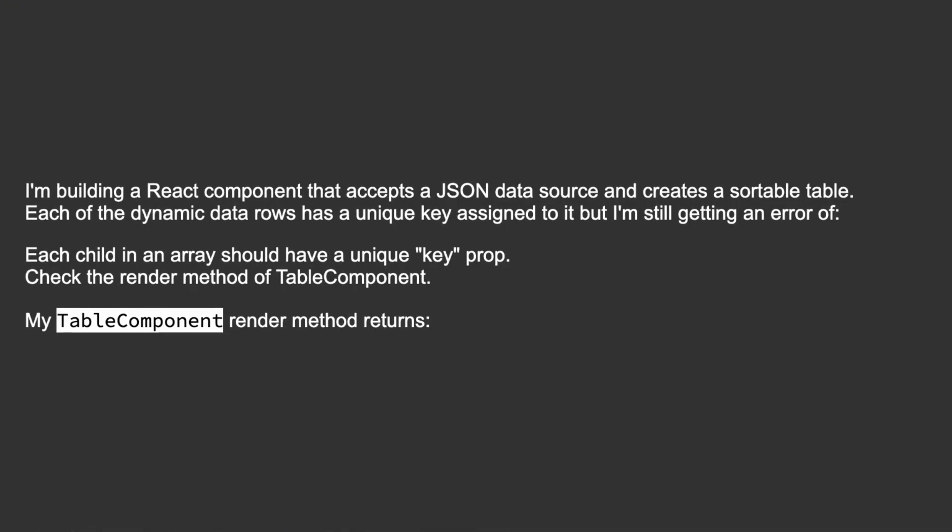Each of the dynamic data rows has a unique key assigned to it, but I'm still getting an error of each child in an array should have a unique key prop. Check the render method of table component. My table component render method returns